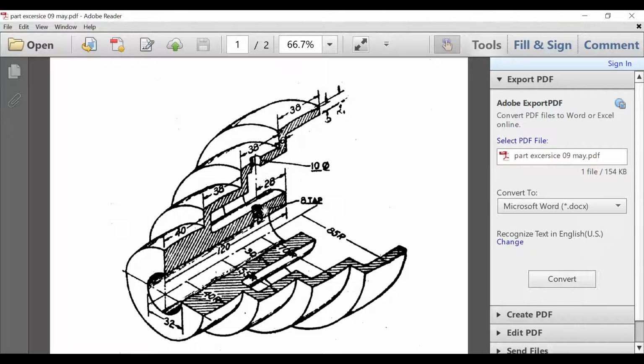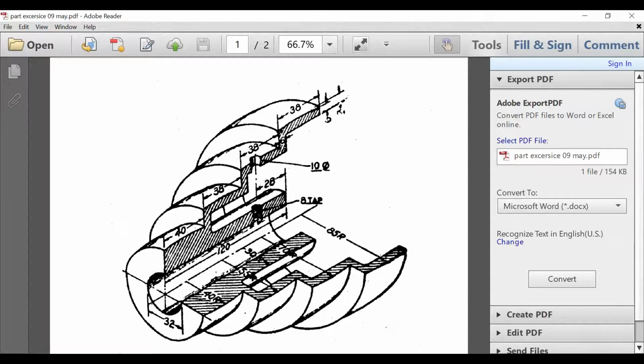In order to show the section, why do they have a section? Because there are some internal features like holes. There are two to three types of holes, and in order to show them he has made a section cut. That's all. Don't get confused regarding 270 or 360 degrees. It is just a 360 degree complete component.